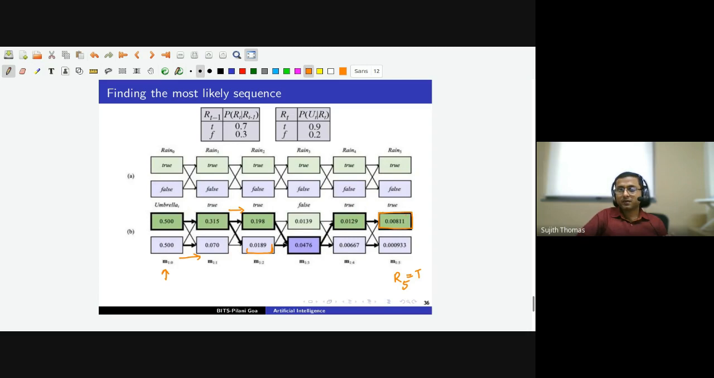Now we simply need to go back. We have stored all the pointers, so we simply need to trace back and find out the values for the remaining variables. So in this example, R5 must be true, R4 must be true again, and then we keep following this arrow. R3 must be false, which makes sense because U3 was false, right? And then if we keep tracing back, this was obtained from R1 equal to